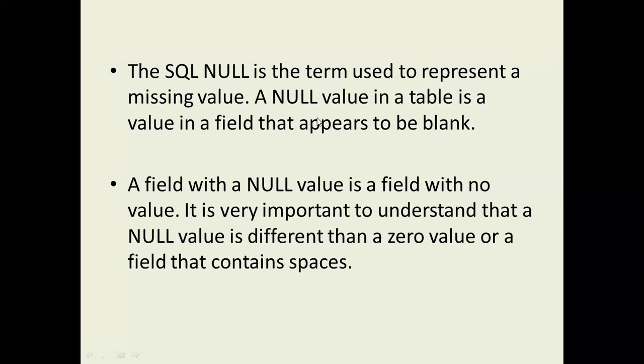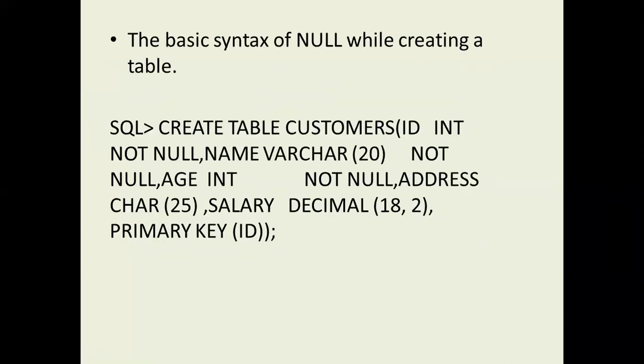So what is the meaning of a null value? A null value is nothing but the absence of a value from the user, a missing value. That means the user is not entering the value, but that is not equal to zero. Remember this. We already discussed how to avoid null values in the table: by using the not null keyword, we can avoid the occurrence of null values in a table.